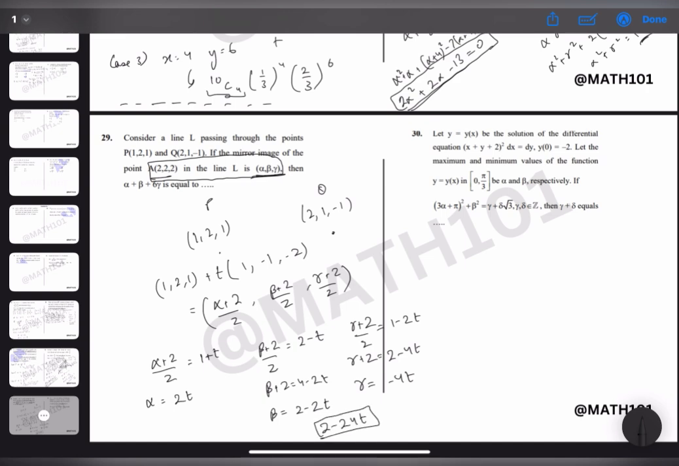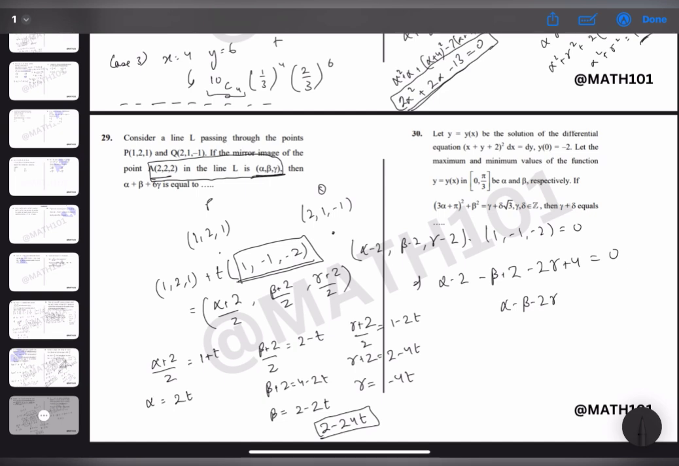We need to find the value of T. So this is the direction of the line. We also know that the vector (alpha minus 2, beta minus 2, gamma minus 2) should be perpendicular to this vector. So this dot (1, -1, -2) equals 0, which gives us alpha minus 2 minus beta plus 2 minus 2 gamma plus 4 equals 0. Gives us alpha minus beta minus 2 gamma plus 4 equals 0,